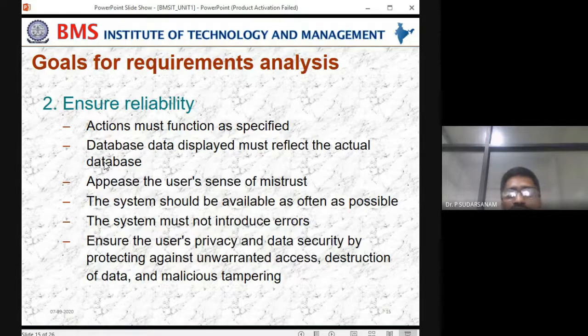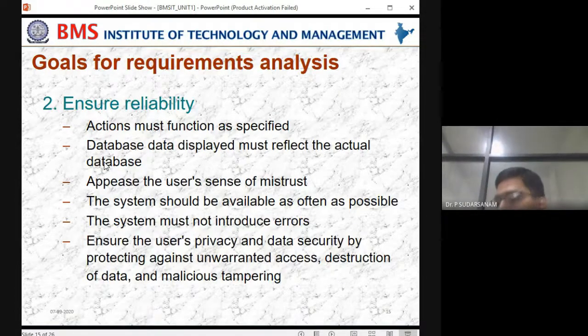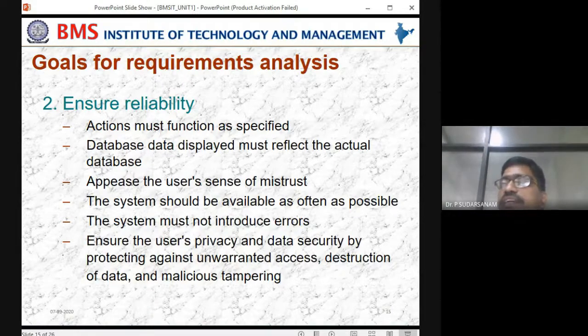Sometimes we are entering all the information. For example, if you take the debit card or credit card, we are entering the information. If they take that information, your username, password, and misuse it, what will happen? That type of site will not go on.